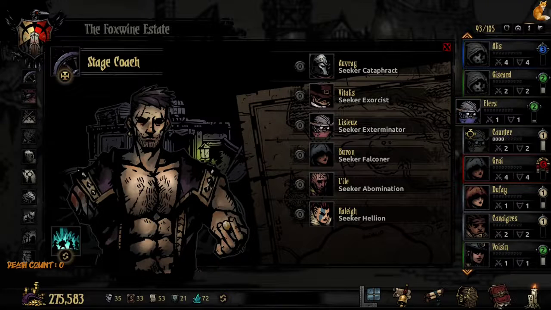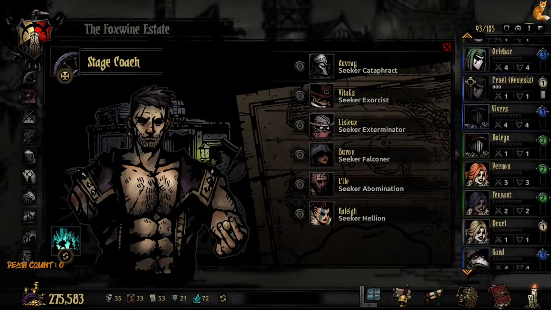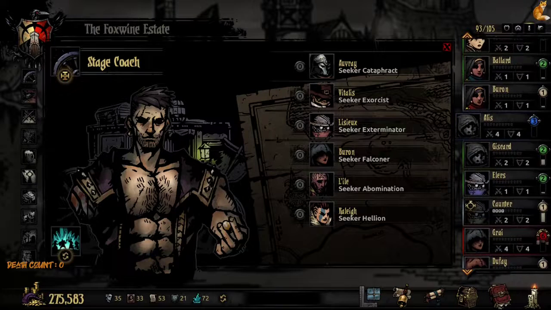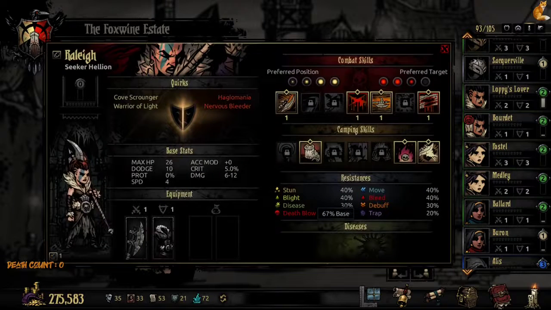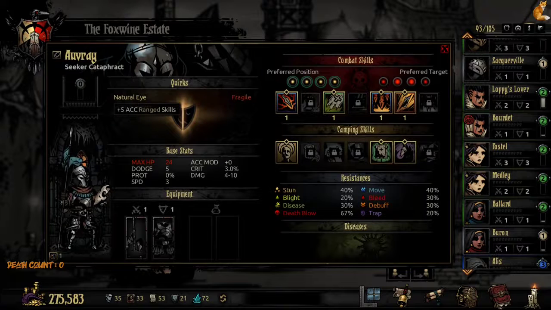What do I have left that I haven't looked at? The Hellions? I ought to be able to find the Hellions. One of them is marked and everything right now. Yeah, there's the Hellions. This one is a Cove Scrounger and a Warrior of Light who is obsessed with sainthood and a nervous bleeder. No. What's left? What have I not looked at? I haven't looked at the Cataphract, who has a natural eye with range skills, which is so-so with a Cataphract, and is an unholy slayer who happens to be fragile. That's...